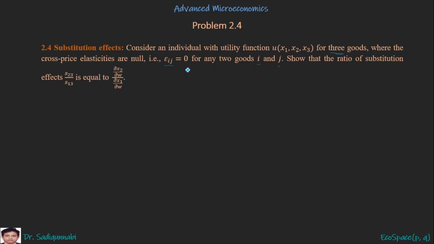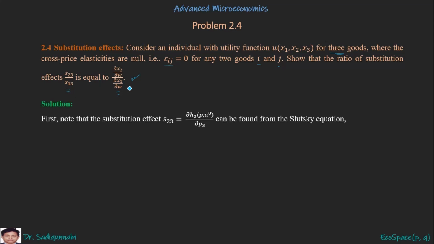Show that the ratio of substitution effects S23 and S13 equals the ratio of the first derivative of x2 with respect to w and the derivative of x1 with respect to w. We have to prove that this equals that. So in order to do that, let's go for the solution. We note that the substitution effect 2,3